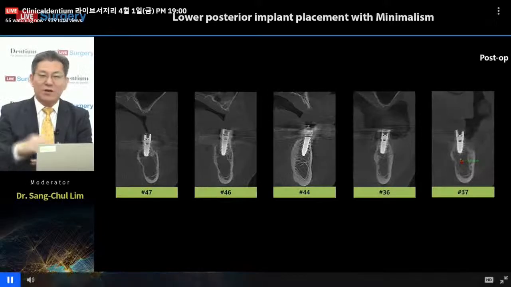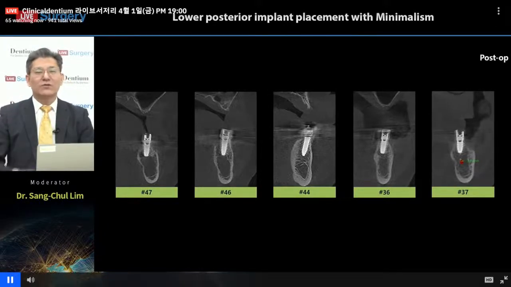So 5 millimeters is inserted into the alveolar bone, and the top portion